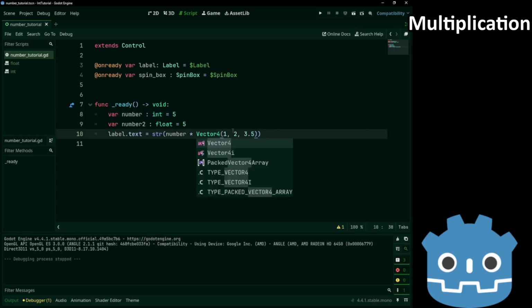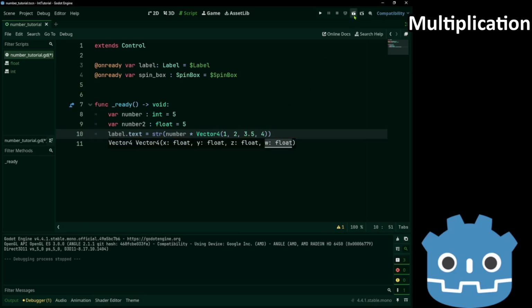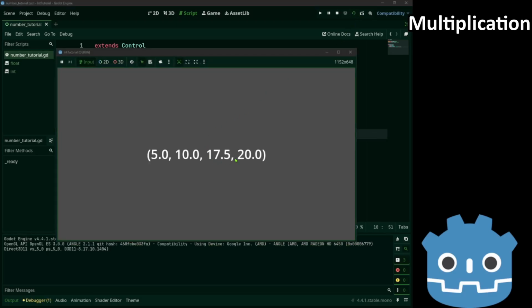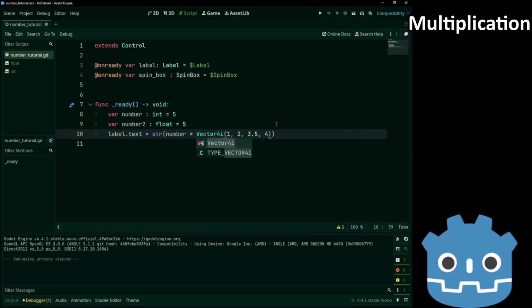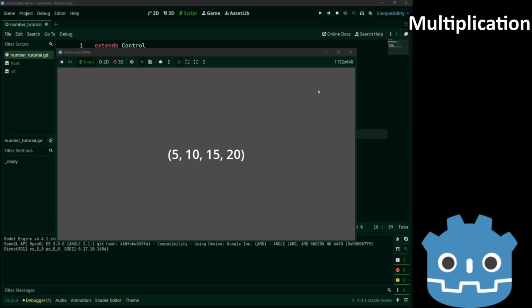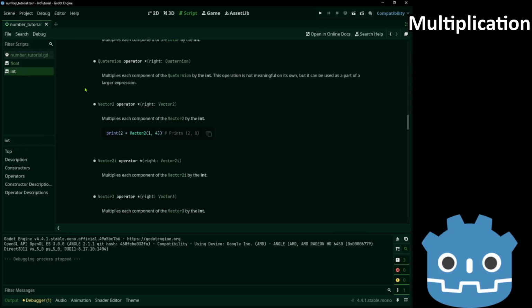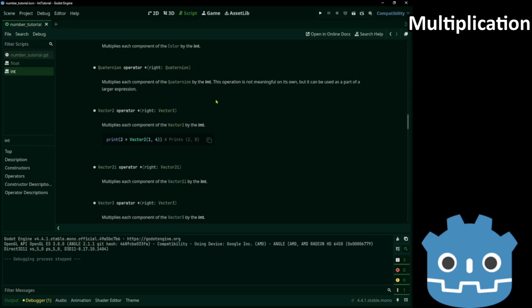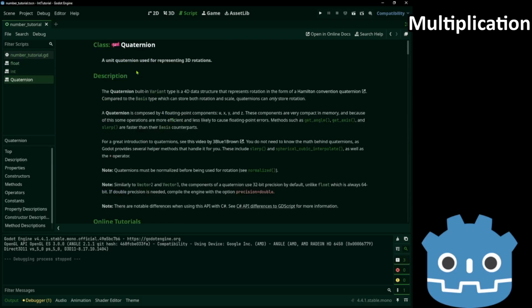Then we have vector 4, works the same. Vector 4i. And there's 2 more. The quaternion, which is useful for rotations.